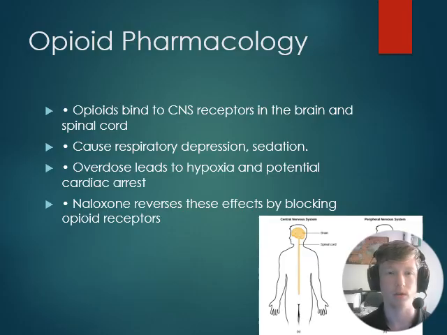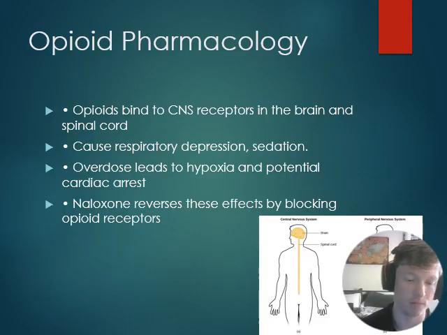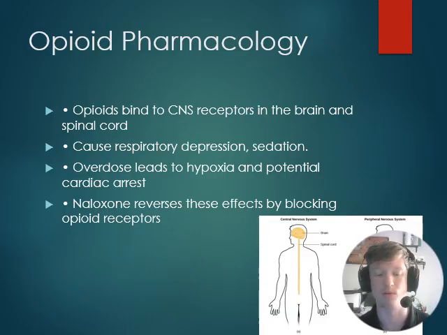Doing that creates the stigma of us judging a patient based off of what they do. The real reason why we give Narcan is to reverse respiratory depression. So when someone gets into that state where their respiratory drive is diminished, that's why we give Narcan, to allow them to start breathing back on their own. Because if they stay in a state like that, they will die from it. And then, you can see down in the bottom here, I got a little picture of just the difference between the central nervous system and the peripheral nervous system.